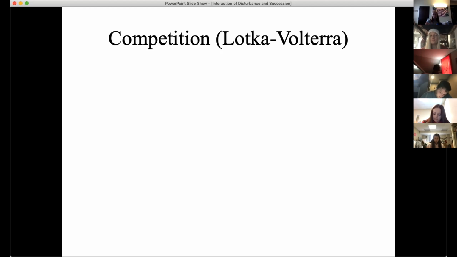You're going to have negative growth down here and positive growth up here, because we're not going to be plotting the population sizes of the two species. We're actually going to be plotting resource availability of the various resources that the species need. So I wanted to show you this